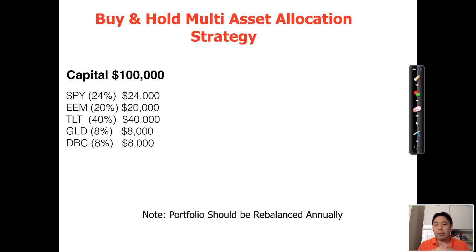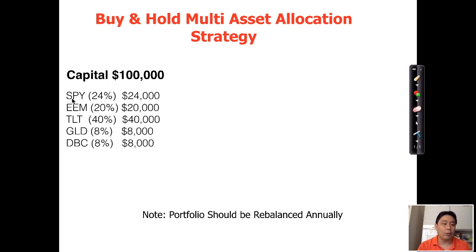In other words, if you've got $100,000 or $10,000, you don't put everything into one asset class, like not everything into stocks or not everything into gold, because again, it could be on a downtrend. So that's the easiest way to do it. If you do not like to monitor the market closely every day, just buy and hold everything in a multi-asset portfolio. So for example, a suggestion could be where out of 100,000 or 10,000,